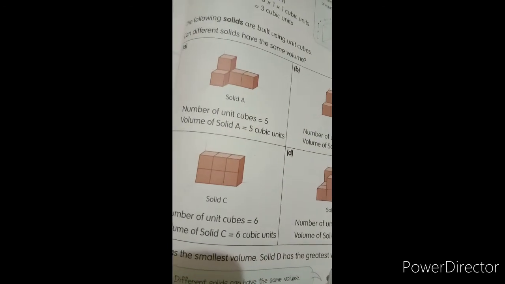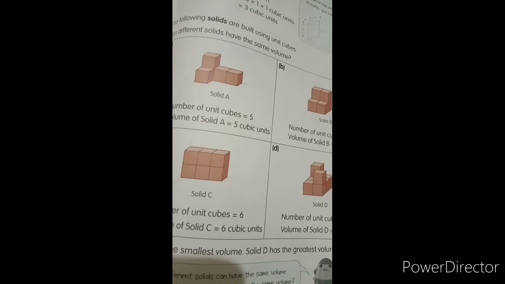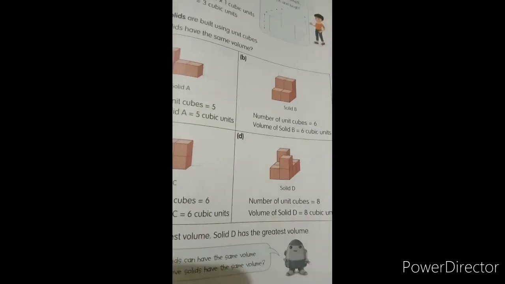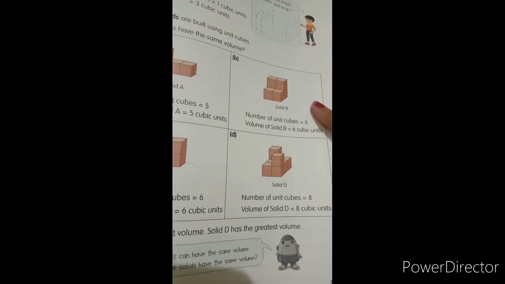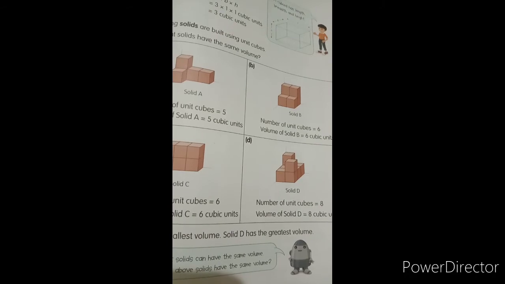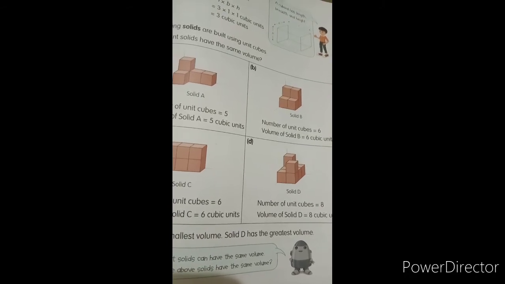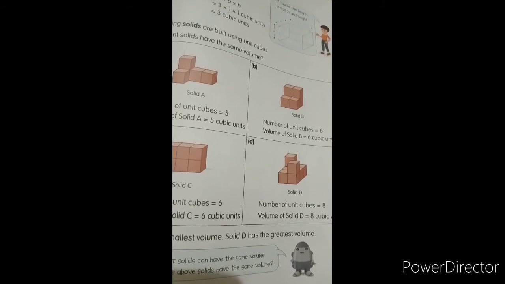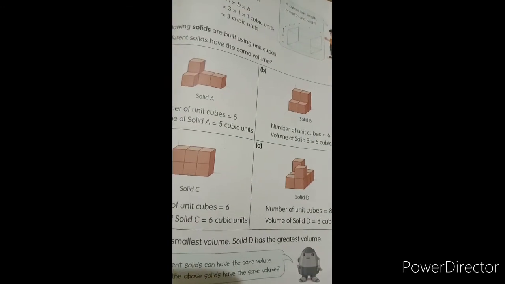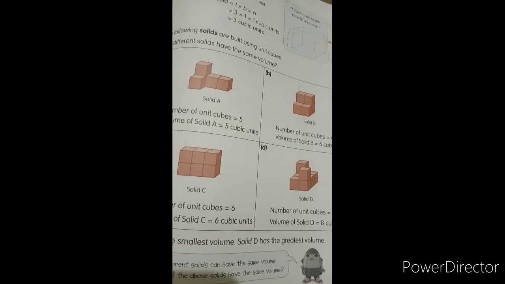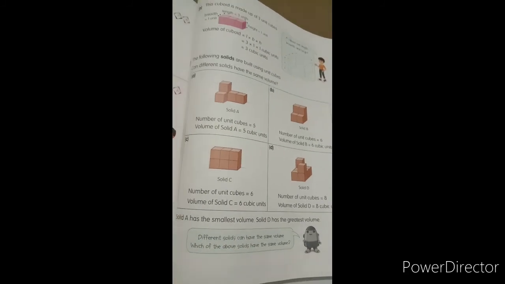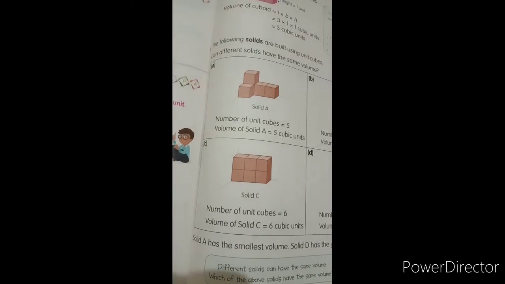अब जैसा कि मैंने बताया था कि different shapes of solid जो होते हैं they have same volume, as in part B, in solid B and in solid C. The volume of solid B is equal to volume of solid C. Both are same, 6 cubic unit, but these shapes are different, so it can be same. So I hope you can understand this concept of cube and cuboid.